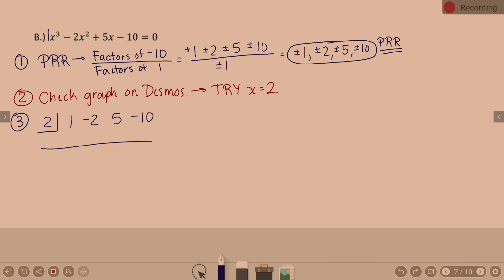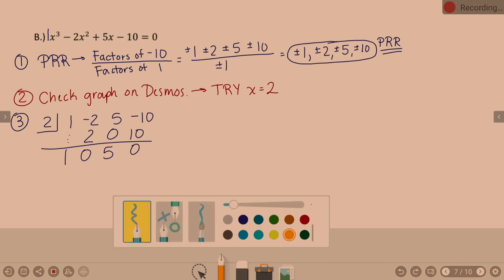Drop the 1, multiply. 2 times 1 is 2. Add, negative 2 plus 2, 0. Multiply, 2 times 0 is 0. 5 plus 0 is 5. Multiply, 2 times 5, 10. Negative 10 plus 10,